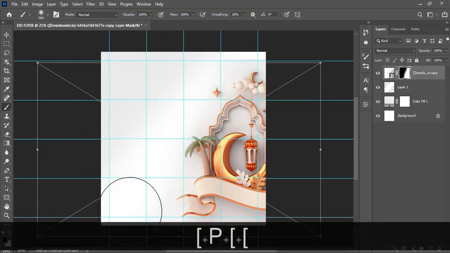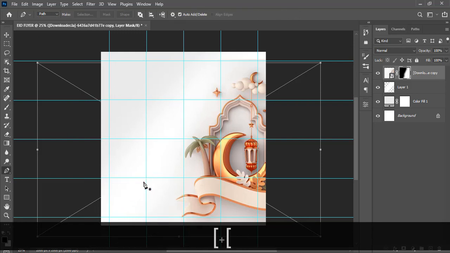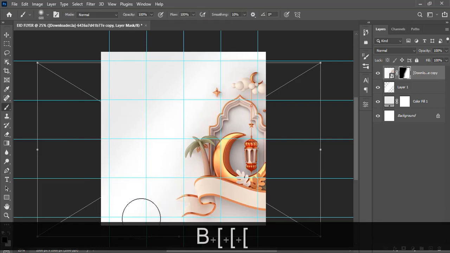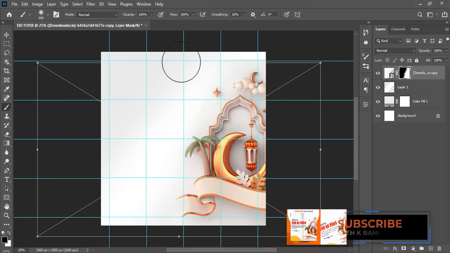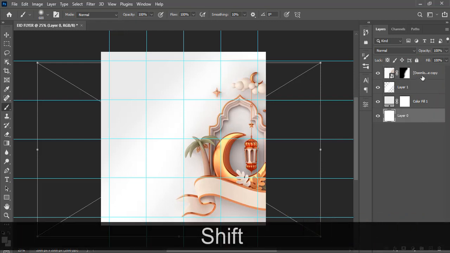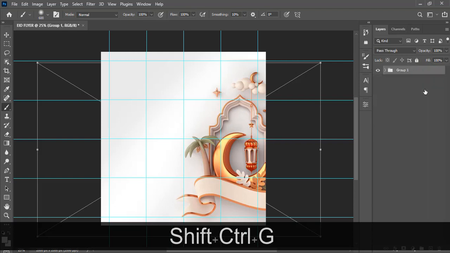Alright, let's lower the brush a little bit, and then okay. Now don't worry if it's not blending well. Once we add a final adjustment to it, it will really blend well. Okay, so now I would like to put everything in a group. Let me click this one. Put everything in a group, and then I'll call it